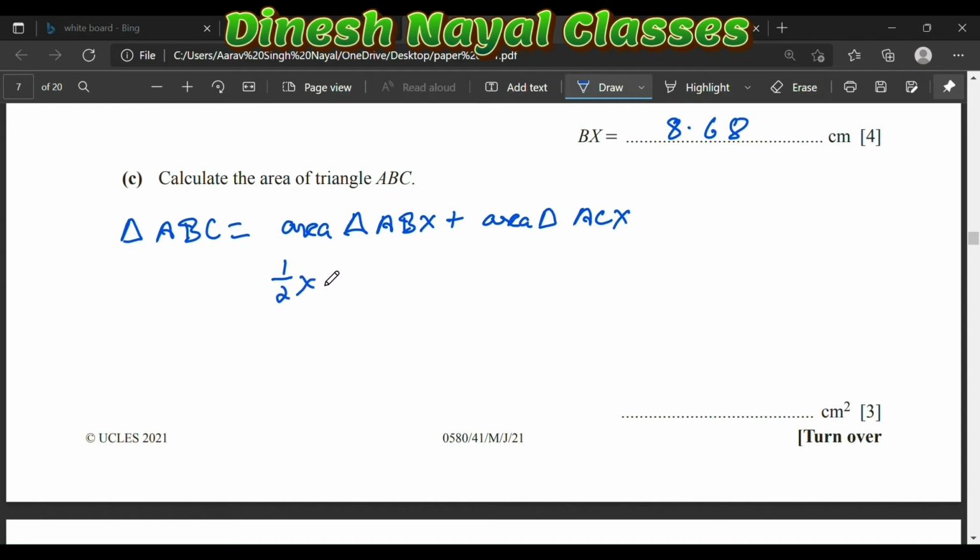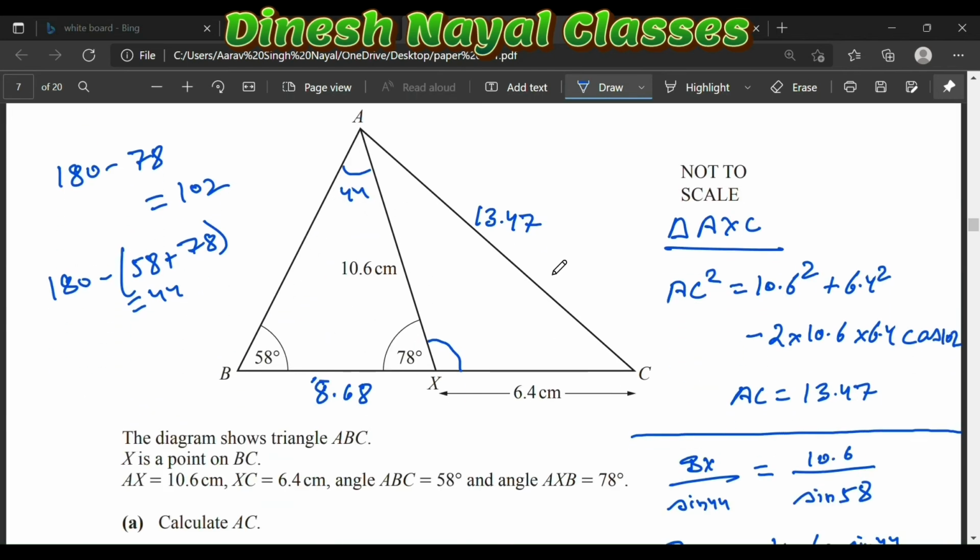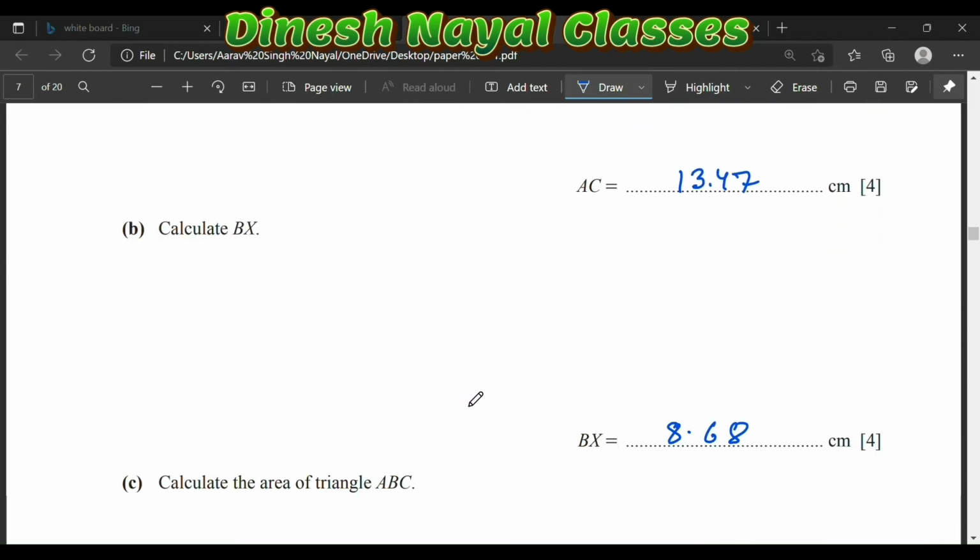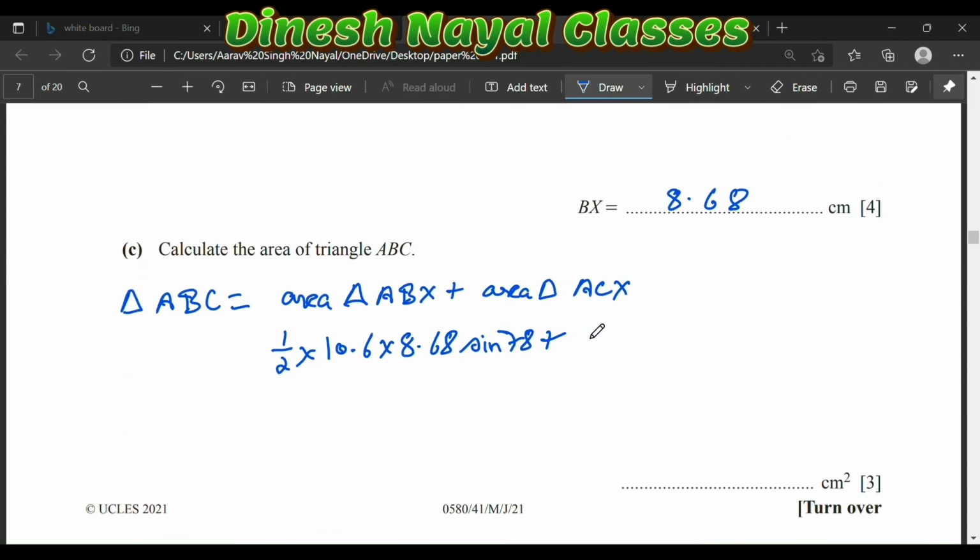So this is half into 10.6 into 8.68 sine 78. Plus for the ACX, you see it's 10.6, 6.4 and sine 102. So we'll do 1 by 2 into 10.6 into 6.4